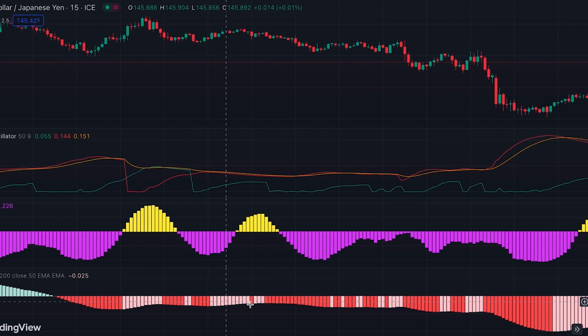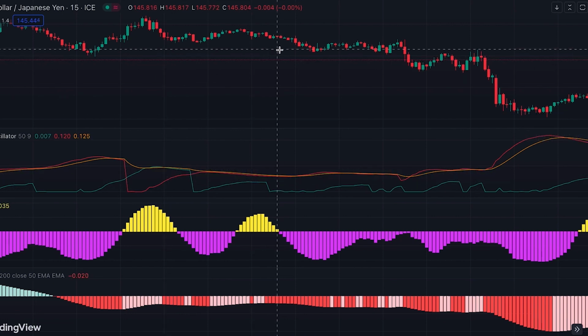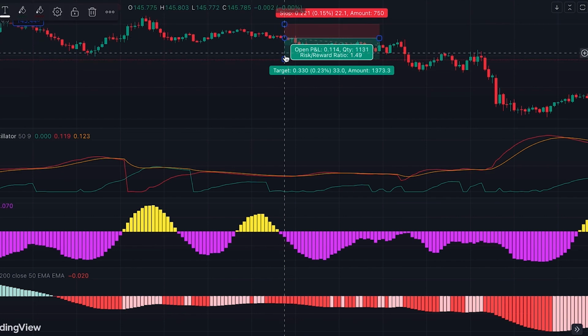Again here, while the MACD histogram is red, this indicator became yellow and then it became purple. And at the same time, the MACD histogram is dark red, showing increasing downside momentum. And in Andean Oscillator, red line is above the green line. So this trading signal is confirmed and we can enter a short position here as this new candle is opened. The stop loss for this trade is placed above the previous swing high,